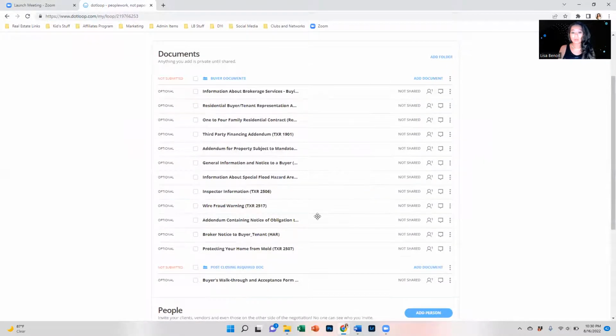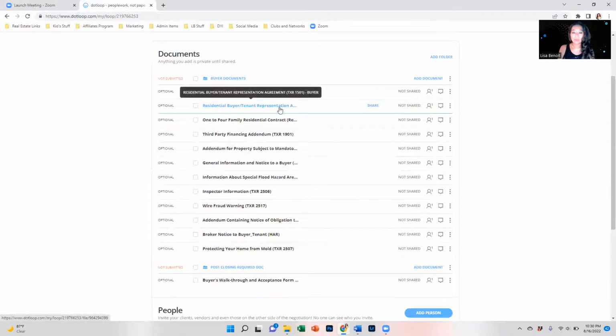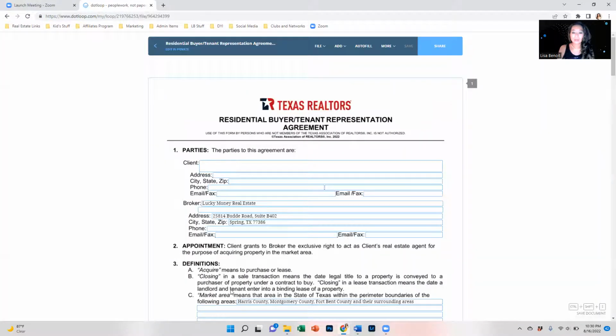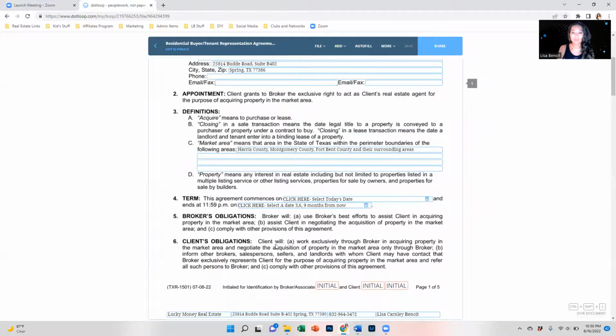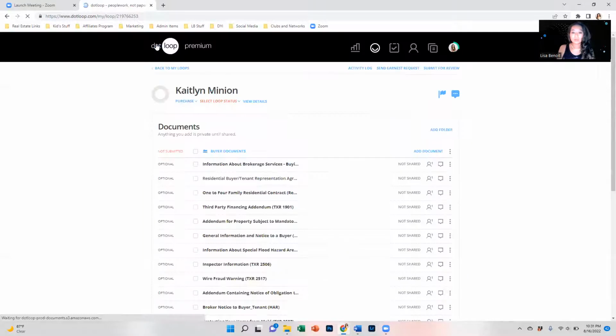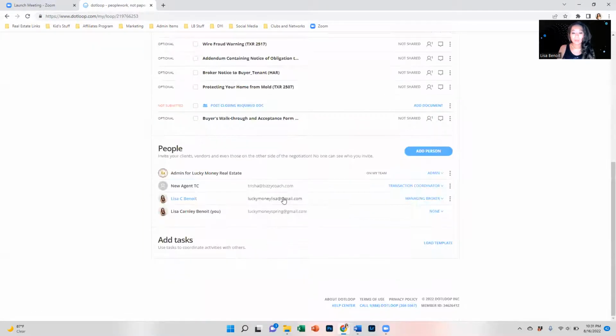So these are all the documents that you're going to need. And the first two documents you're always going to need are the IABS and the buyer's rep. But before you go in to set up these contracts, if you just open them up, they're pretty blank. There's not going to be any information except what I've already pre-filled. So you want all this to fill up and you don't want to have to type it in. So what we're going to do is go back out and